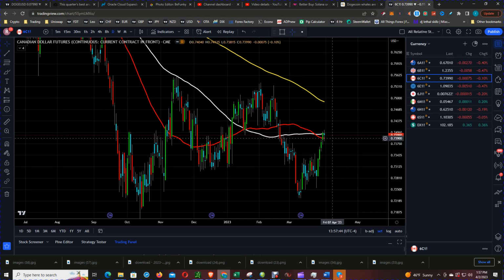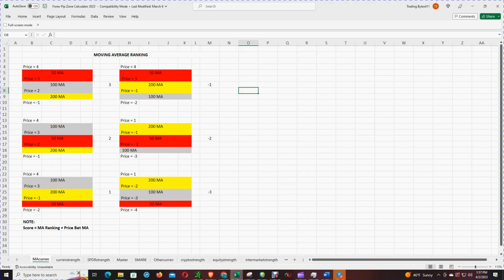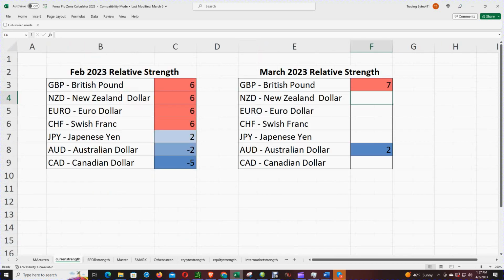Again, price is between the 100 and the 50. So if we go to the charts, this is going to be the orientation of the moving averages, and price is between the 50 and the 100. So that is a -3, and then the orientation of the moving averages is a -3, so that is a -6